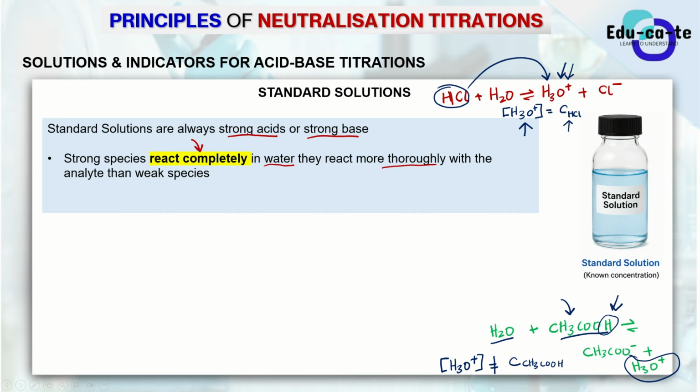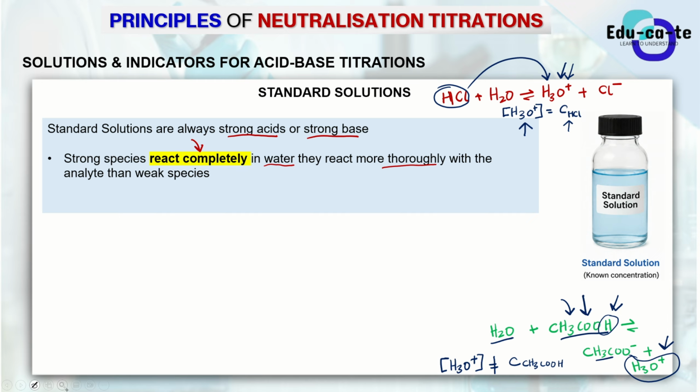So in that way, we are saying that a weak acid is not going to make a good standard solution. And a weak base is not going to make a good standard solution either, because the weak species ionize partially. Maybe it only ionizes 76%. It means that a whole 24% will just remain as the acid itself. It will not be able to separate to form these H3O plus ions and these acetate ions. So that is the idea.